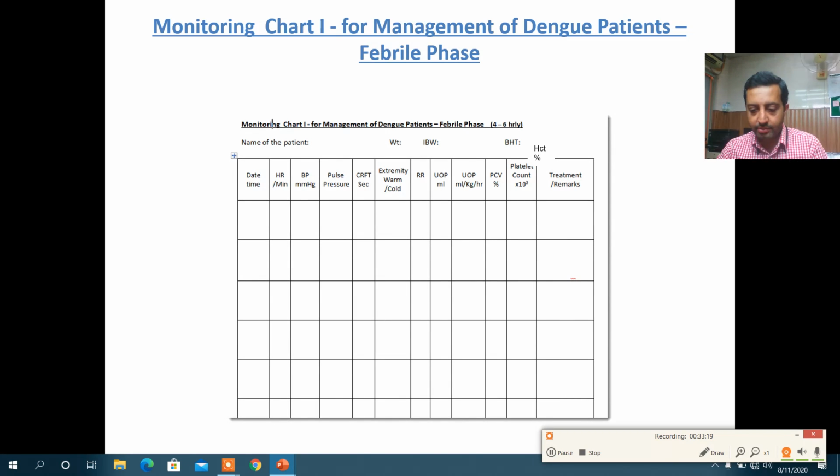ये वो सारे पैरामीटर्स हैं, चार्ट्स हैं डेंगू फीवर वाले पेशेंट और क्रिटिकल फेज वाले की आपने मैनेजमेंट, हार्ट रेट है, ब्लड प्रेशर, पल्स प्रेशर, CRFT, कैपिलरी फिल टाइम, एक्सट्रीमिटीज़ देखनी है, वार्म और कोल्ड, रेस्पिरेटरी रेट, यूरिन आउटपुट और प्लेटलेट काउंट, ये आपने उसकी मॉनिटरिंग जो है।